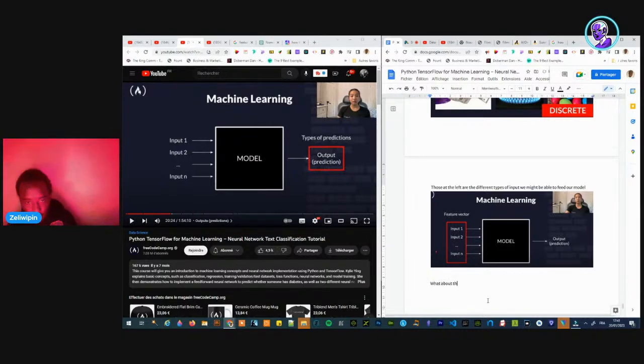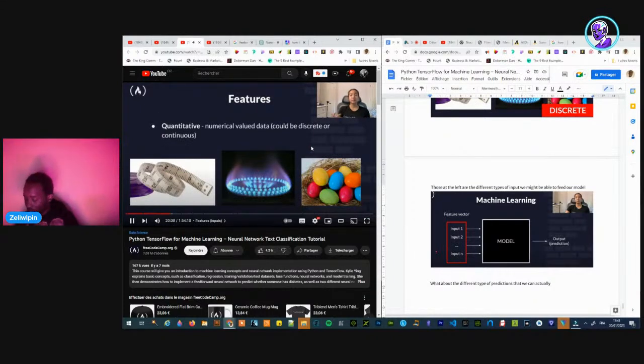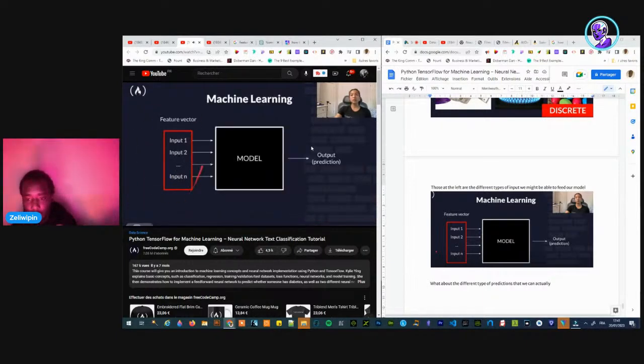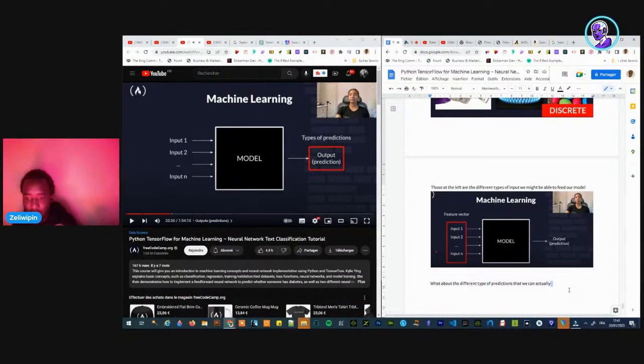What about the different types of prediction that we can actually make with our models?